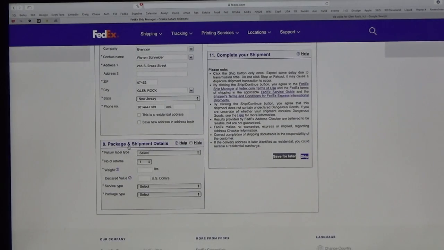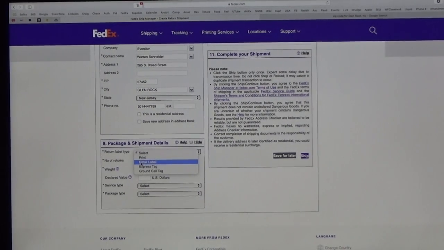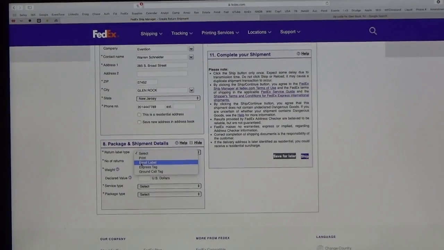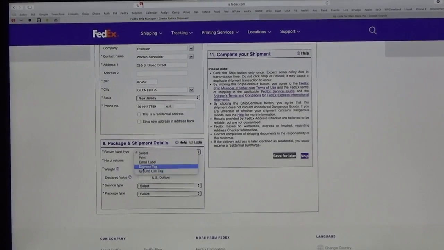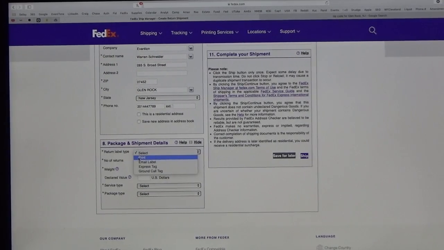Unfortunately, you still have to pick the way you want it shipped back. It doesn't guarantee that you're going to ship it back the same way you shipped it there. So you have to pick again. So you have to start here. This allows you different options to handle the label. You can either print the label and enclose it, which is what we do most of the time. You can email a label. Say the client was not originally going to ship the equipment back, but now they want to. So now you can actually create the label online and email them a link, and they can click on it. Express tag, we don't really do any of these. It's either print or email, and it's almost always print. So you click on print,